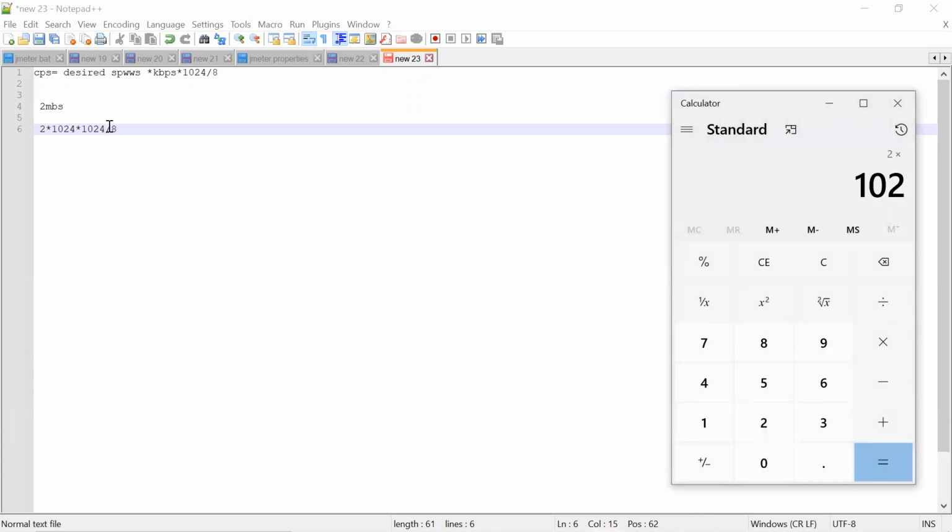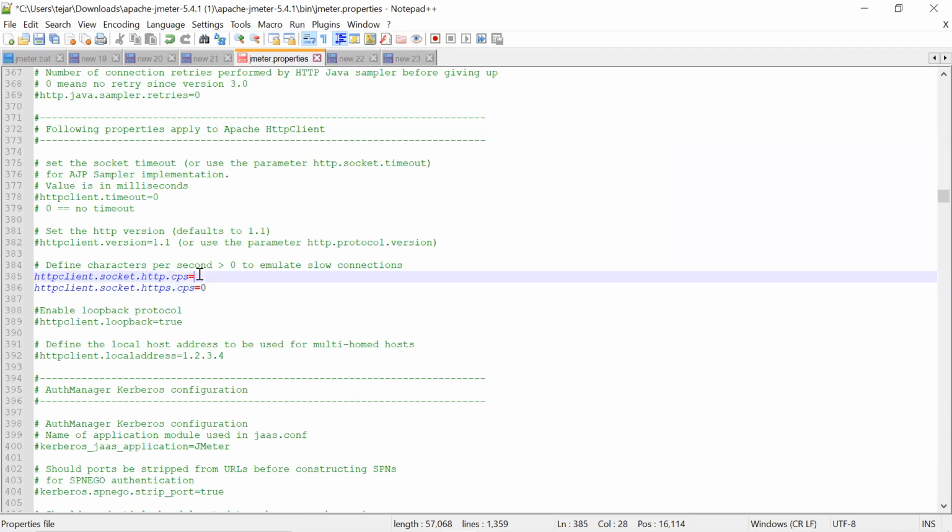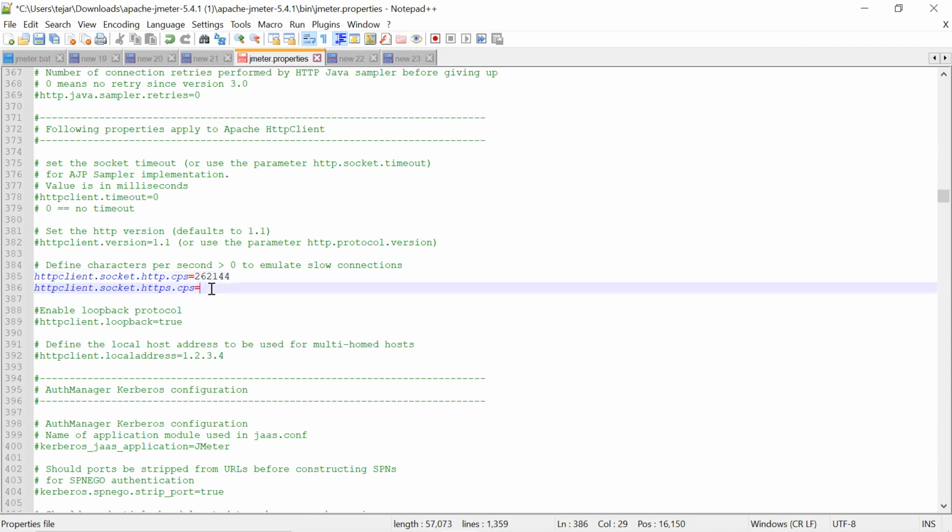2 into 1024 into 1024 divided by 8. Okay, it's 26214 something. So now we need to give that number here. 26214. Okay.